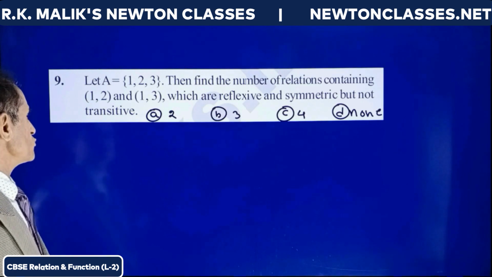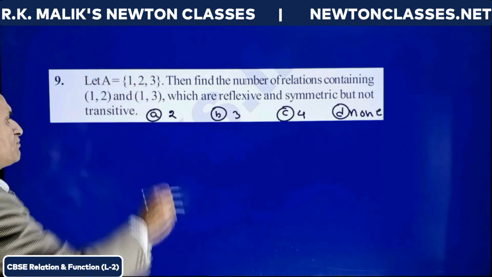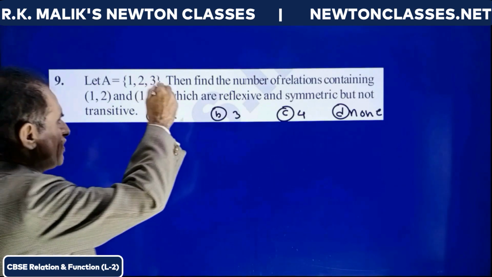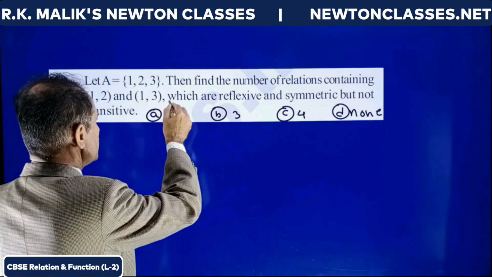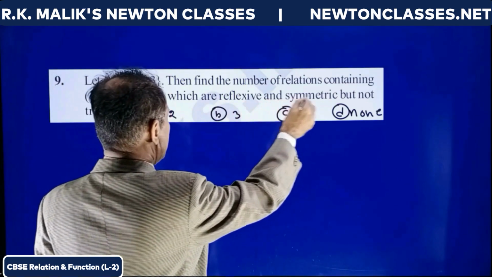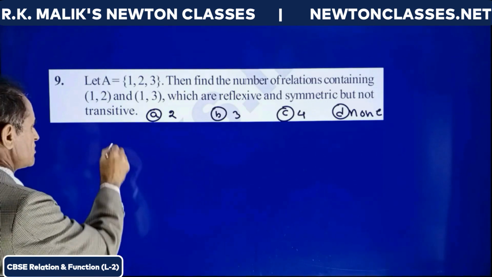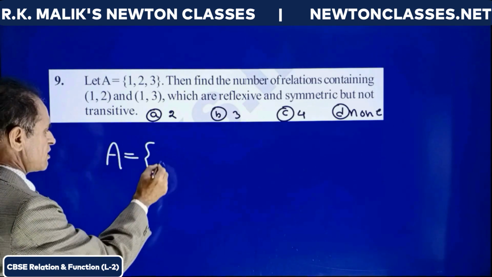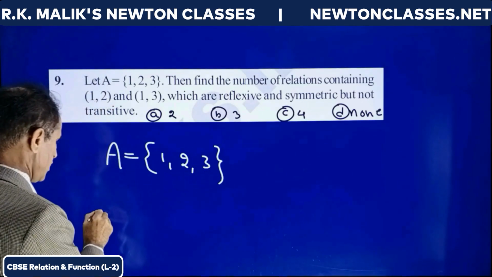In this question, it is told to us that the set A contains elements 1, 2, 3. Then find the number of relations containing (1, 2) and (1, 3) which are reflexive and symmetric but not transitive. It is clear that the set A has elements 1, 2 and 3. Therefore,